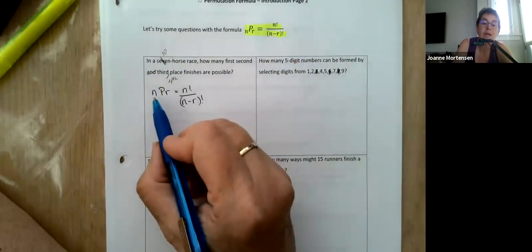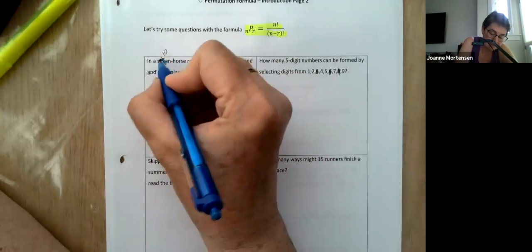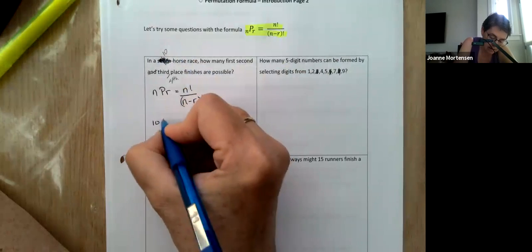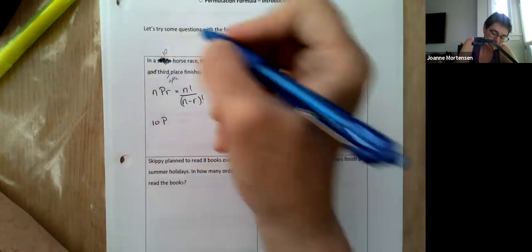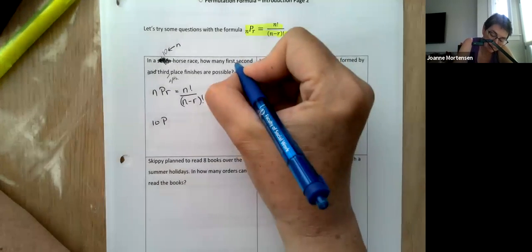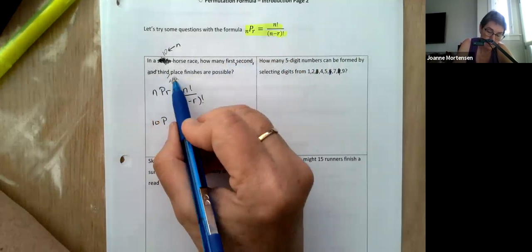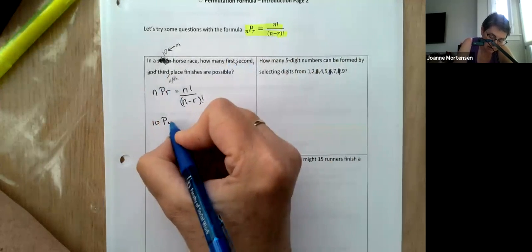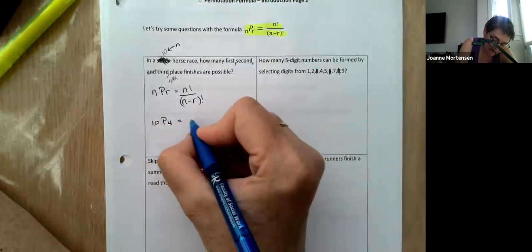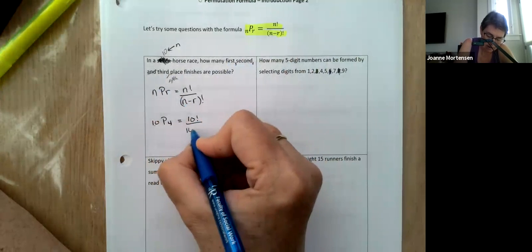So n is the number of things we have to choose from. So I changed my question. Yours will be pretty. It says it's a 10-horse race, so that's our 10. That is the number of objects we have to choose from. And we're going to award first, second, third, and fourth place. So that's going to be there. So we have 10 things. We're choosing 4. So that's going to be 10 factorial over n minus r. So 10 minus 4